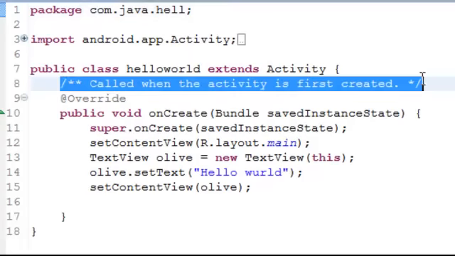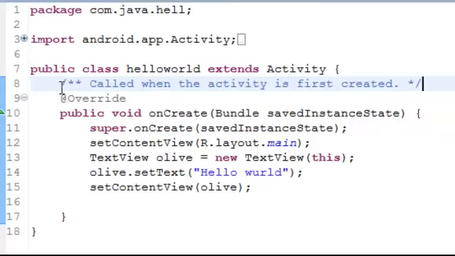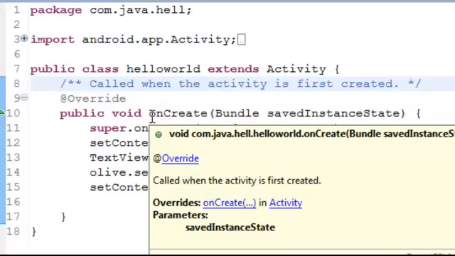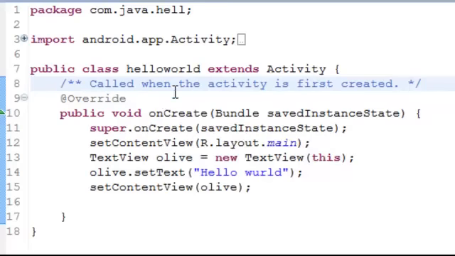Here is a comment that Android generated for us, which is quite nice of Android. Thank you. And here we have onCreate, which is called when the activity is first created. And you can ignore that for the moment. super.onCreate, that's more of the magic code to ignore. Okay, setContentView